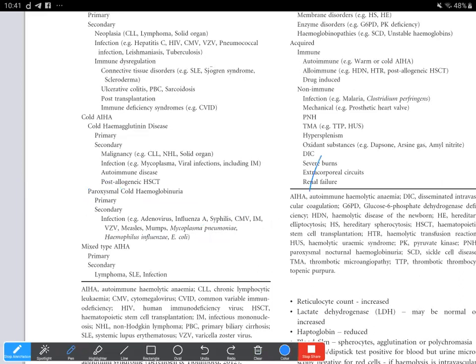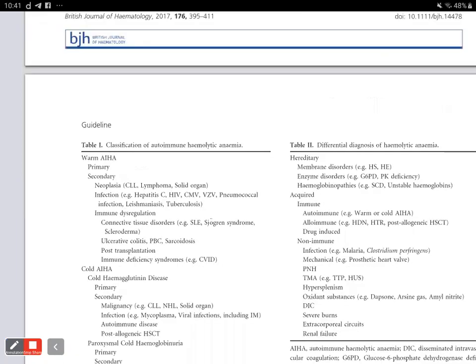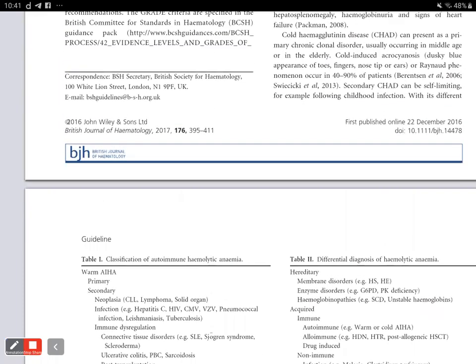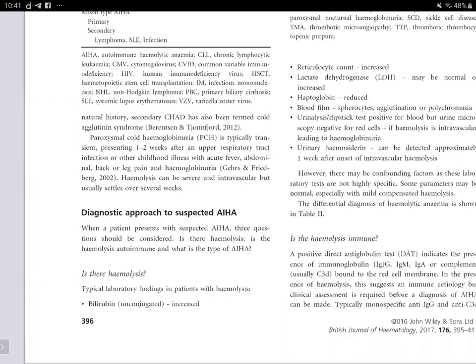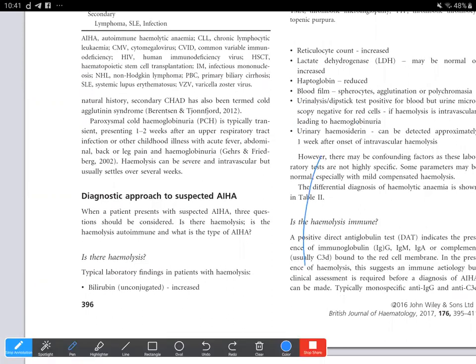Then regarding the other forms, this is basically all about autoimmune hemolysis and how we classify it. This is the historical background that we need to know when we want to take history of these cases. Then the diagnostic approach would be that we first have to document hemolysis, and then find out by a DAT whether the hemolysis is immune or not. If the DAT is positive and it is immune mediated, we will need to confirm the autoimmune nature.